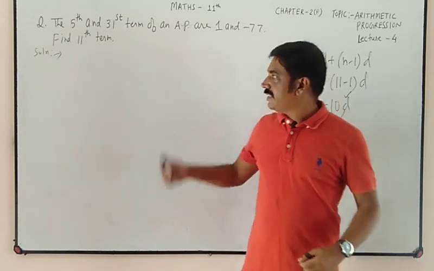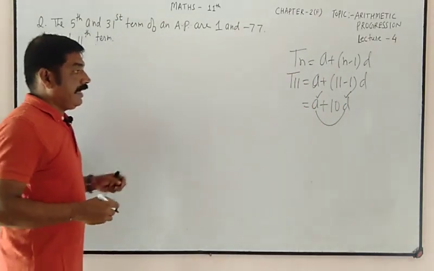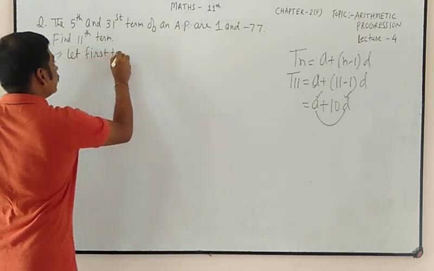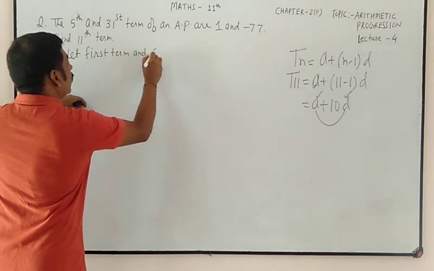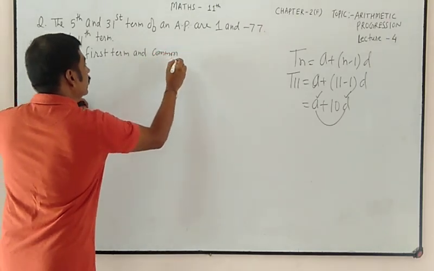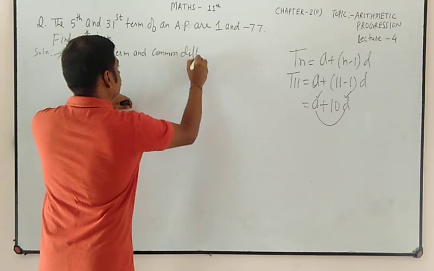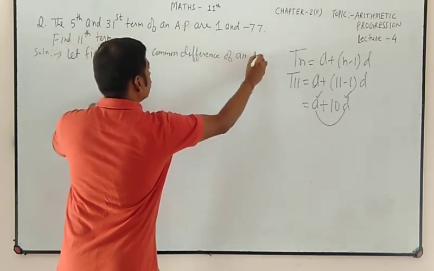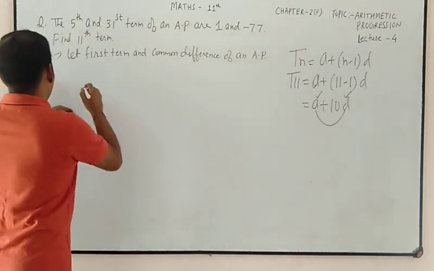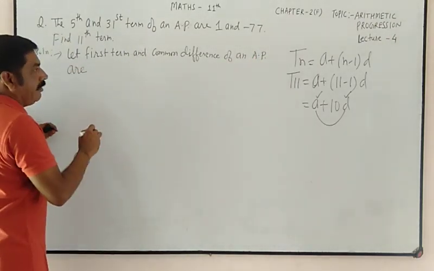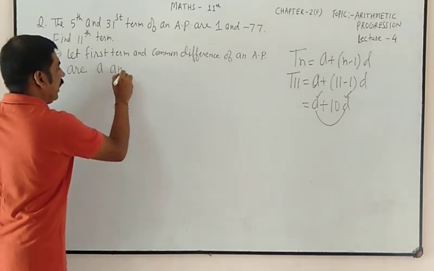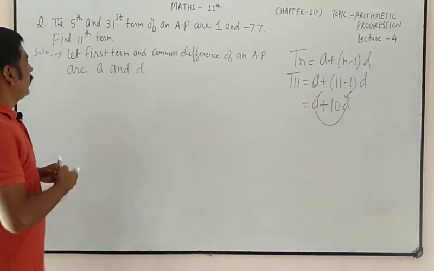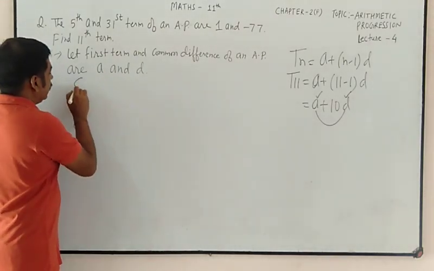Clear? See. So for this we have to take let first term and common difference of an AP be A and D. Clear? Now what we have given? Given